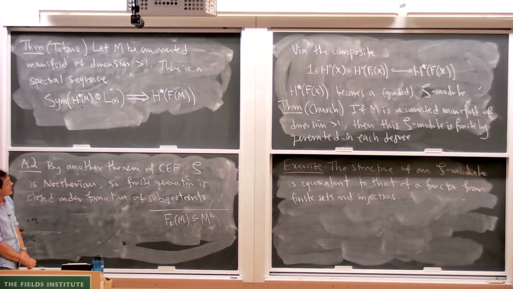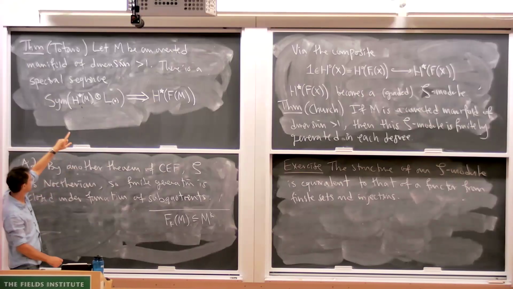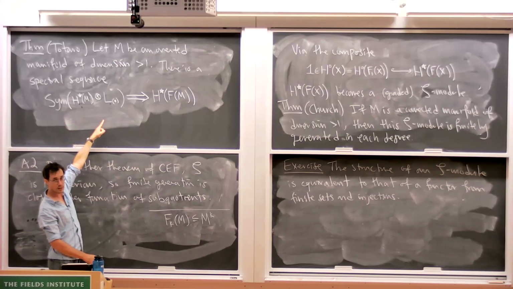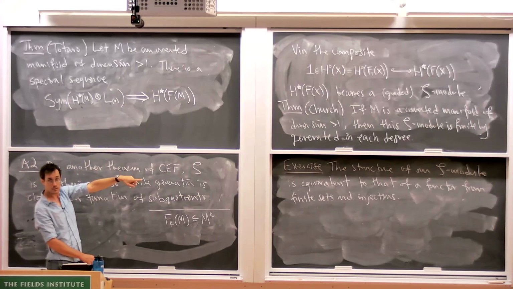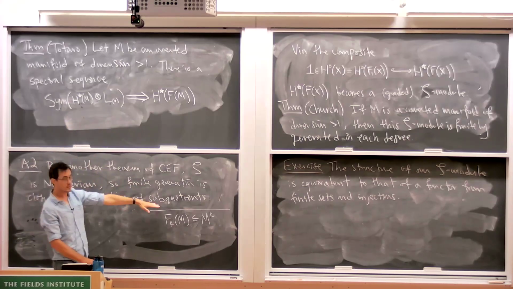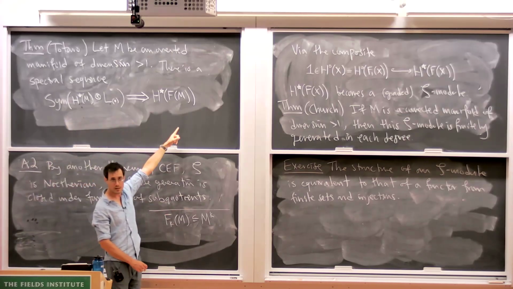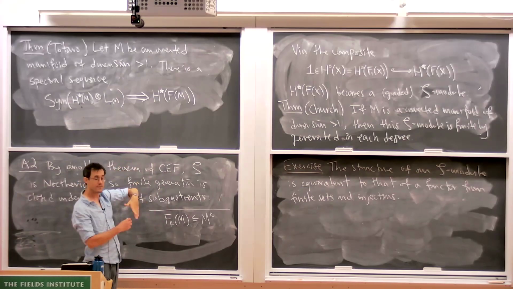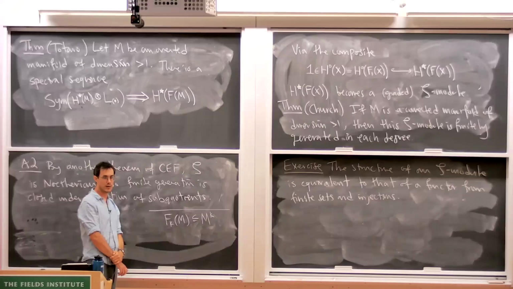Okay, and so now Church's theorem follows, basically, because what you have to do to prove Church's theorem is first check that E2 is finitely generated. So check, which is easy, that this symmetric sequence that we're generating the TCA with satisfies those conditions, which it does. And then by closure under subquotients, that tells you that the infinity page is finitely generated. The infinity page is just the associated graded, but that means that the actual thing you care about has a finite filtration with finitely generated associated graded, and that's good enough. Okay, so